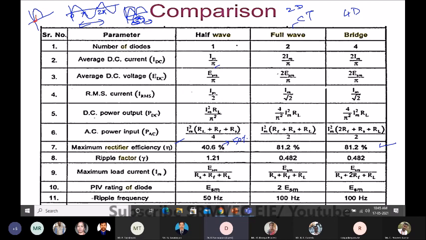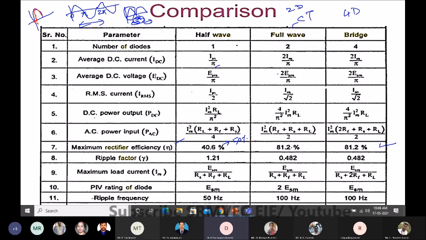Okay, after the cutting voltage you will be following the signal. So there is a loss also. Only this 40.6%. Similarly, 2 diodes or 4 diodes will be taken into account. So this is what is going to happen. The maximum rectifier efficiency, that means rectifying AC to DC, is only 40.6% in half wave, whereas in full wave it is 81.2%.